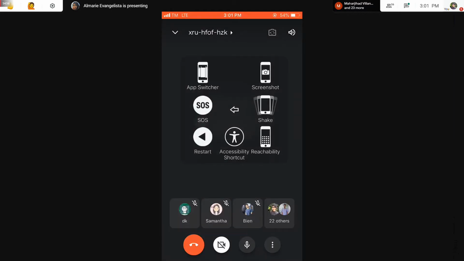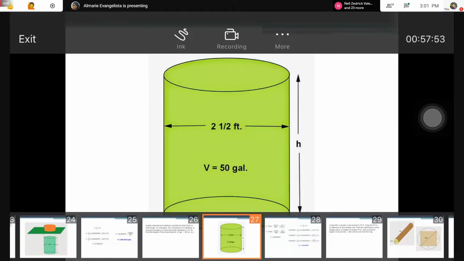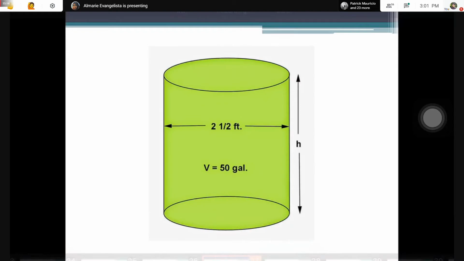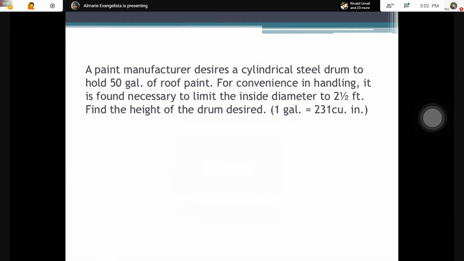Tama po ba? 10.18 feet. Ayan. 10.18. Sige. May iba pa bang sagot bukod sa 10.18? Ayan, sige po. Ingat kayo guys sa mga unit, sa mga need i-convert. So, ang problem is,